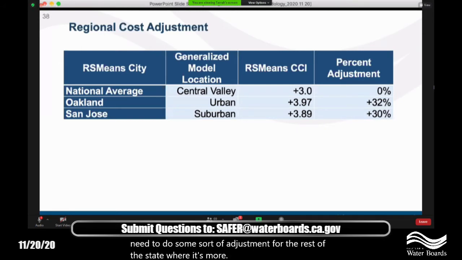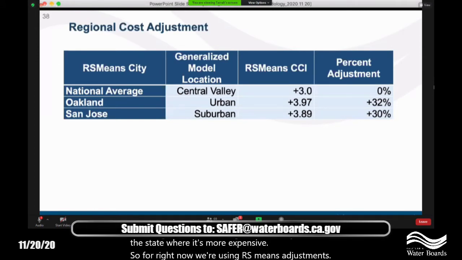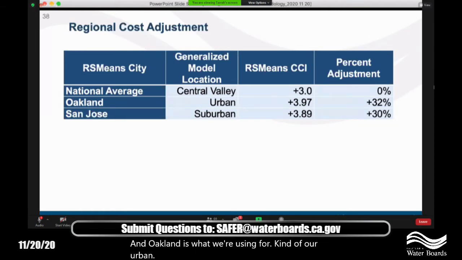So for right now, we're using RS Means adjustments. And Oakland is what we're using for our urban systems. So that's a 32% cost adder. And San Jose is what we're using for suburban, which is pretty conservative. You can see it's just barely below the urban, and that's a 30% cost adder. And, recognizing that some areas, like when you get out to the coast, can be significantly more expensive,